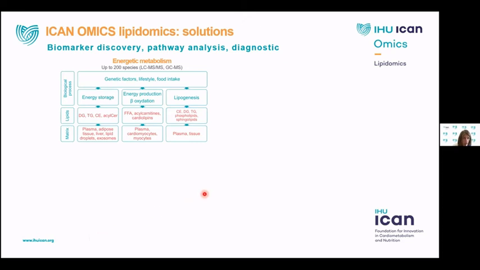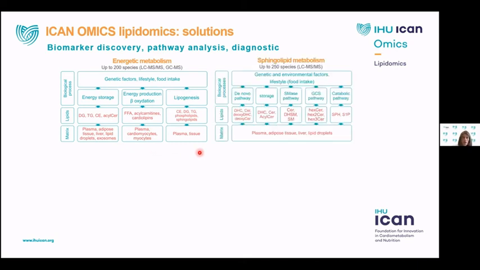On the energetic metabolism, we can look at energy storage by looking at all the glycerolipids and the cholesterol esters. We can also look at energy production via both beta oxidation products and lipogenesis. On the sphingolipid metabolism side, we can also look at the de novo pathway by looking at the ceramide intermediates,